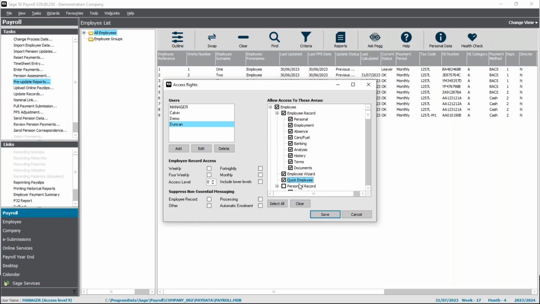Personnel record, no, we don't want Duncan to access that, so we're going to leave that blank, and we can now minimize that as well. In fact, we'll minimize this one because we've completed it. So we're leaving that. Do we want Duncan to be able to see the year-to-date values? Yes. B45 information, well, he is going to be adding in new employees, so we'll give him access to that